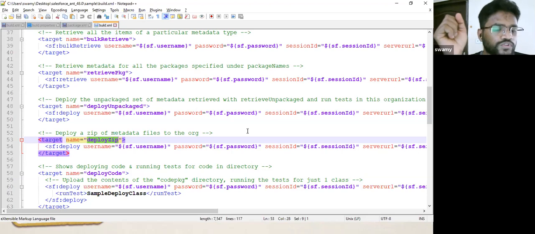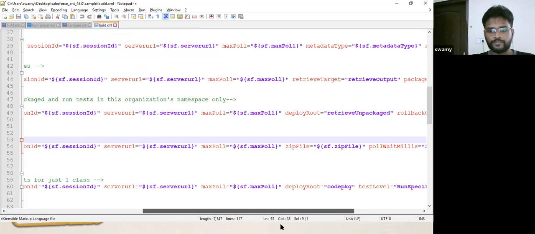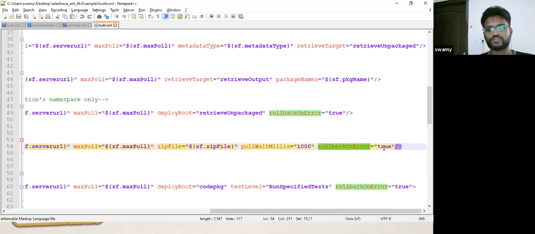If you have used Eclipse IDE, you can export your project in zip format, right? To deploy that zip file, you can use deploy zip. And if any error comes, roll back on error. Any error comes, it will roll back.